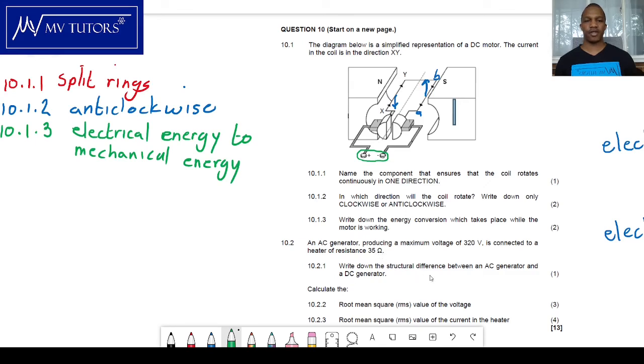Now write down the structural difference between AC generator and a DC generator. Well, we just spoke about this. Okay, so 10.2.1, is that the difference is that a DC generator has split rings,